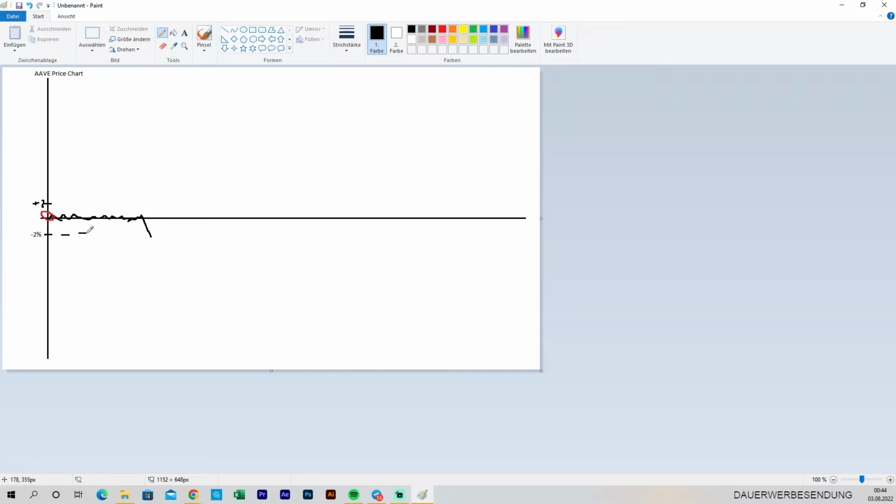So here's your line. It crosses the line right here, but it does not immediately buy, because why do we want to buy at this point if it keeps on dropping, right? So the bot waits until it crosses the line,